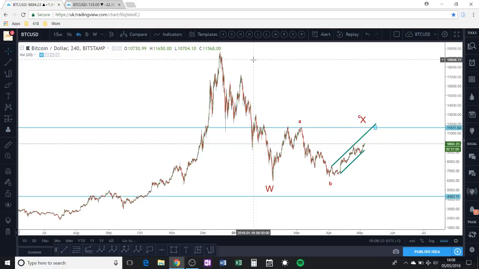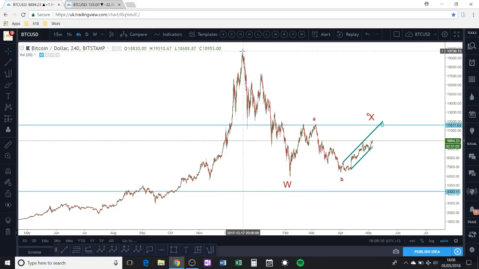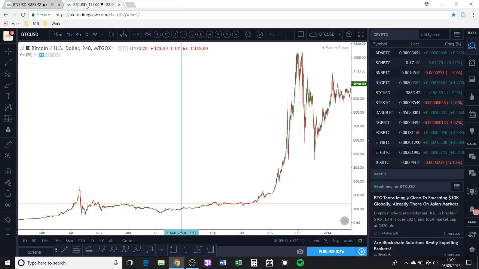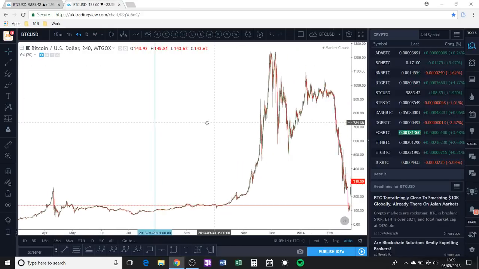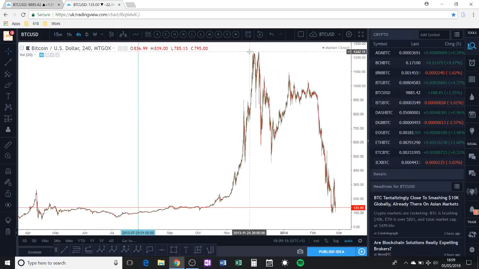from an Elliott wave perspective, it looks like we're in a major wave 4. So the major wave 3 was up to $20,000, and this has all been a wave 4. In 2014, when we had the Mt. Gox crash, that was the end of a wave 1 and topped out around $1,200. If we quickly pull up that chart, we can see it here. So around $1,200 was the high. Then we had the Mt. Gox crash in February 2014, which was around here, and then you saw the big collapse.